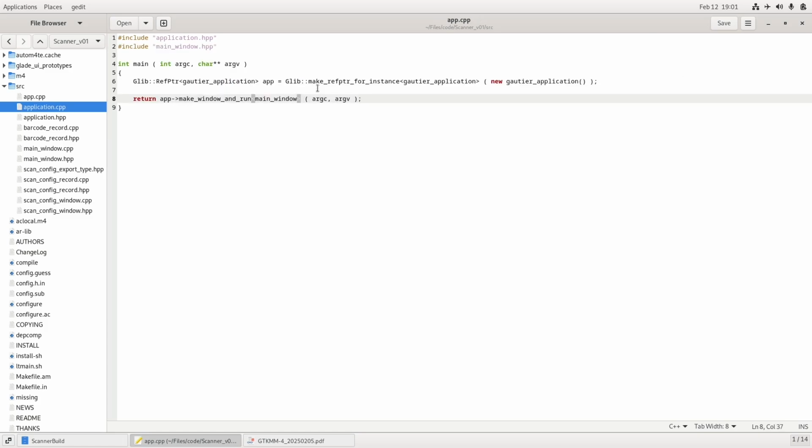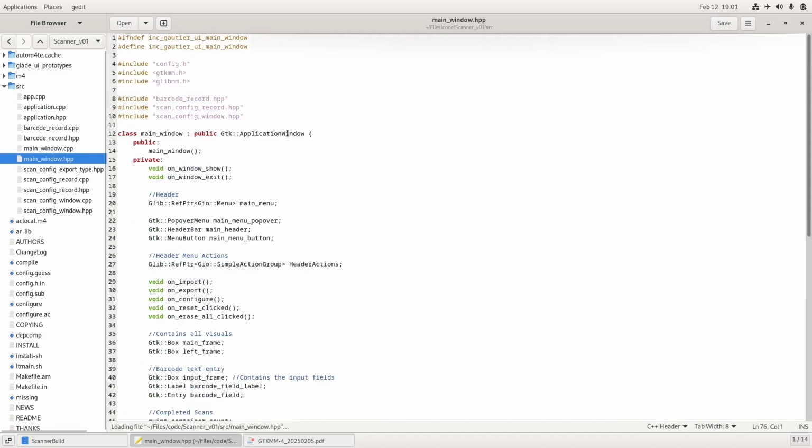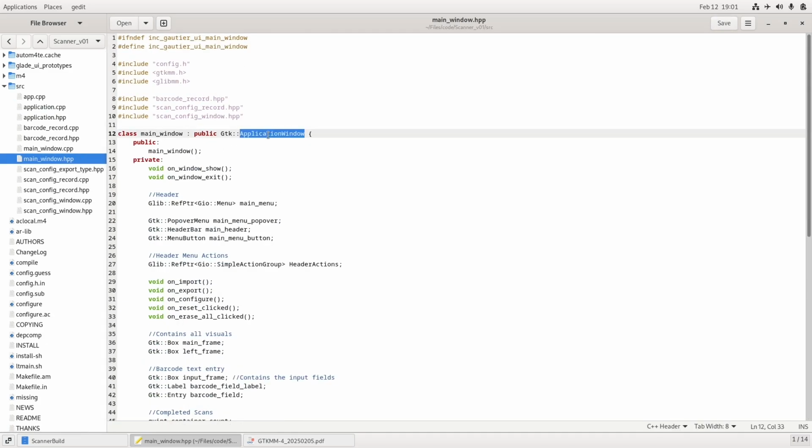And then using a GTK application, it then uses the make window and run, because remember, we're inheriting ultimately from GTK application. So make window and run comes from GTK application. So what we're running is our main window, which is structured like so, right? It derives from application window. So it could have either derived from window or application window. I chose application window to ensure the best integration between the main window and the application itself. That's according to the